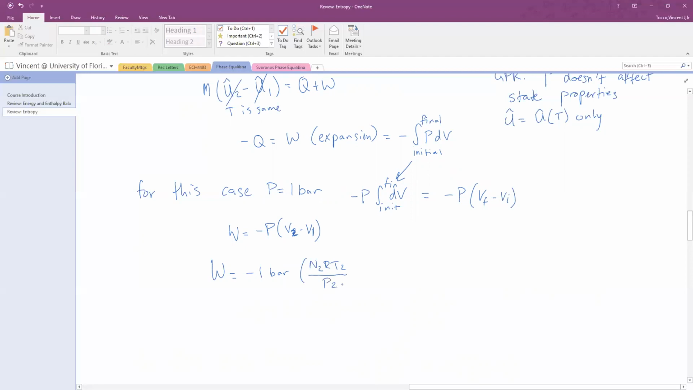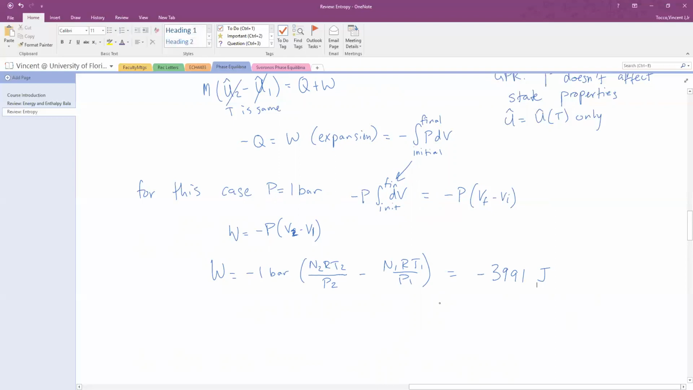Over P2 minus N1 R T1 over P1. All of those variables are given in the problem statement. So if you work out what this number is, I'll let you plug everything in and you can check your answer. The work done in this case is going to be negative 3,991 joules,